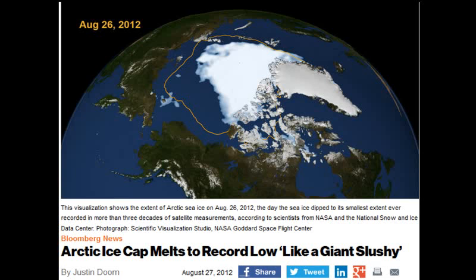And just to put that in context, this was August 2012, so the actual extent of ice is shown obviously in white, and then the average extent of ice at that time is shown in the line. So you've got this huge change. So what does that change? If we lose all the Arctic sea ice, bad for penguins and polar bears, but what does it matter to us? What do you think will be the effect on the globe if we lose Arctic sea ice within our lifetimes? Maybe in the next decade or two, but certainly within our lifetimes.